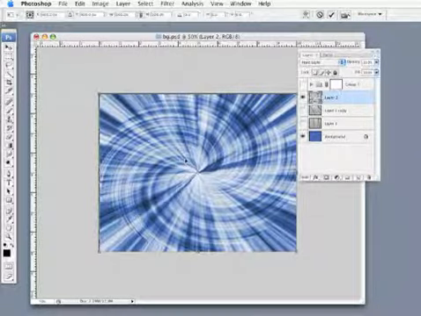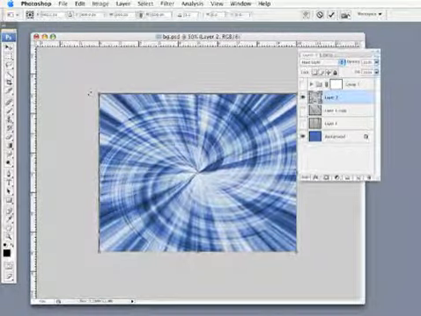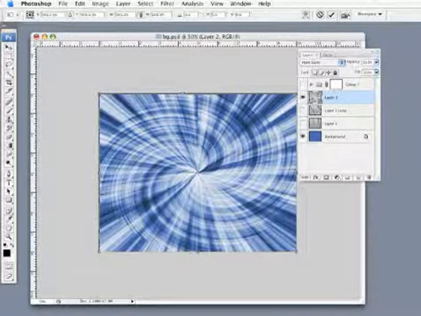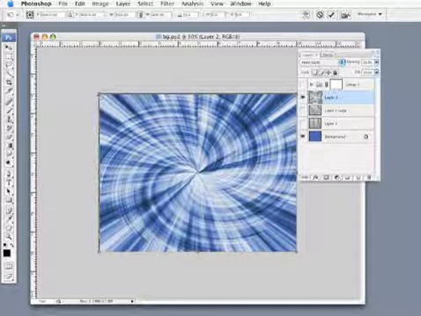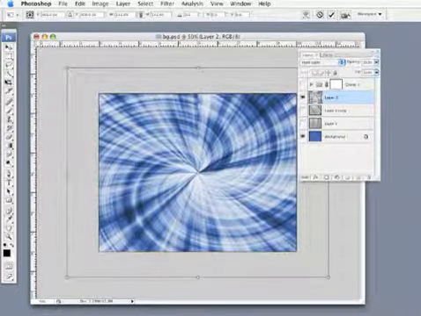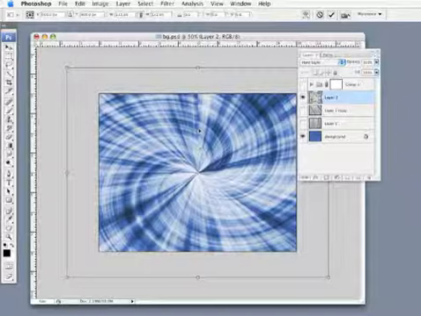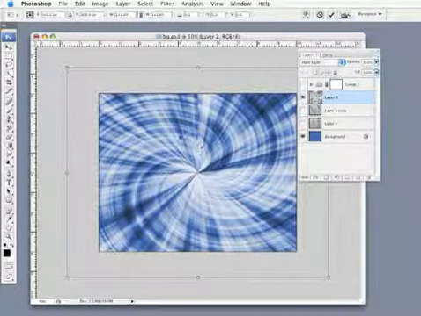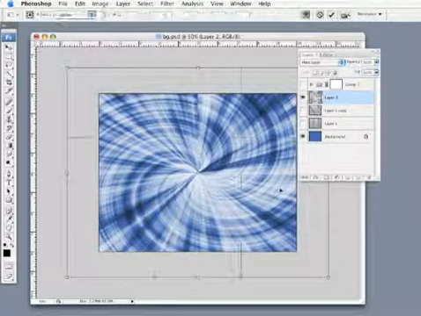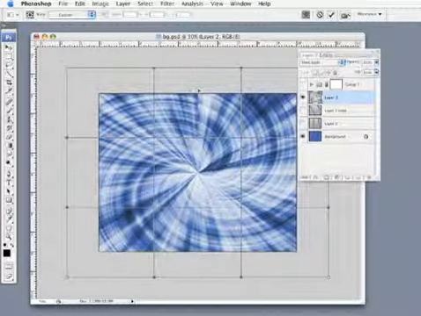I'm going to bring up Free Transform on this layer, and I'm going to first scale this out because I'm getting some outer area here that's not part of the spiral that I don't want to be visible. So I'm just going to scale this overall graphic up a little bit, just like that. Now before I press Enter, I'm going to hold down my Control key or right click on that document and go up here and get the Warp tool, or just select Warp, and it will bring up a warp grid